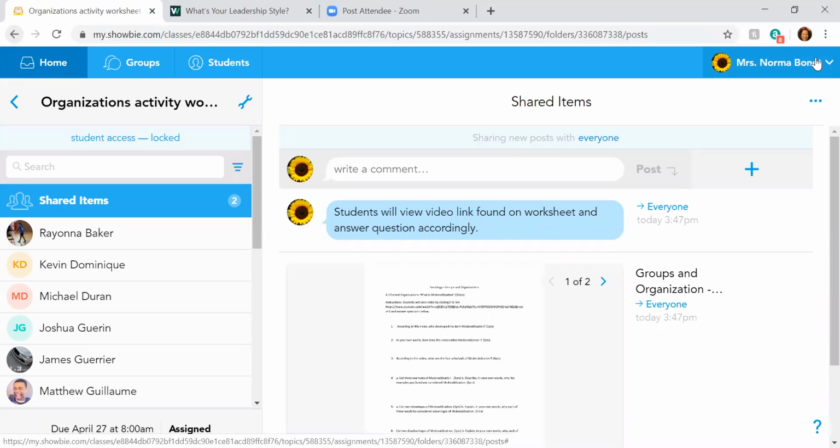Our Zoom sessions will be for Sociology A block on Monday at 11 a.m. and Sociology E block on Wednesday at 11 a.m. Be sure to be on the lookout for a morning email the day of your session so that you are able to enter that particular session